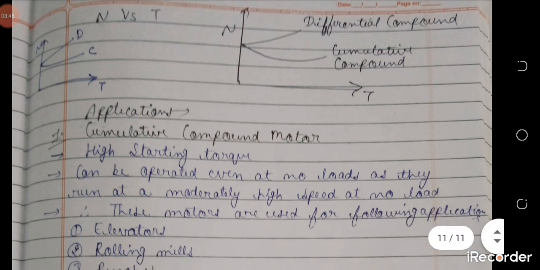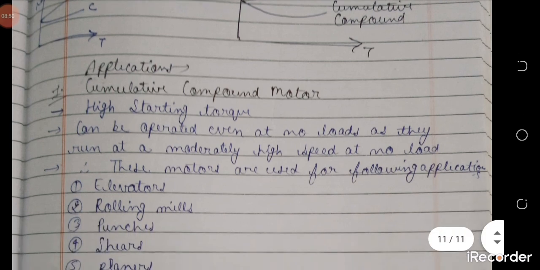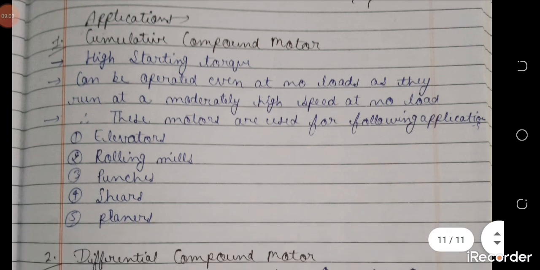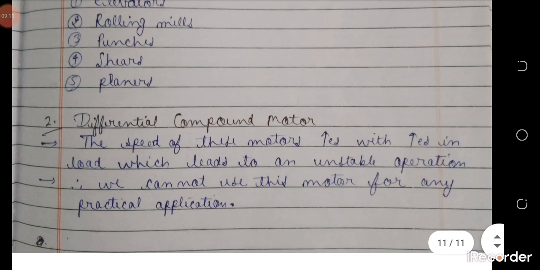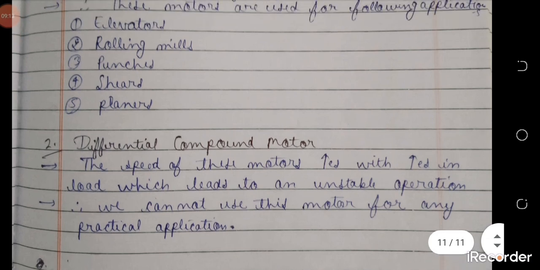Now application of cumulative compound motor. It has high starting torque, can be operated even at no load as they run at a moderately high speed at no load. So these motors are used for following applications: elevator, rolling mills, punches, shears and planers. Second, the application of differential compound motor. The speed of these motors increases with increase in load, which leads